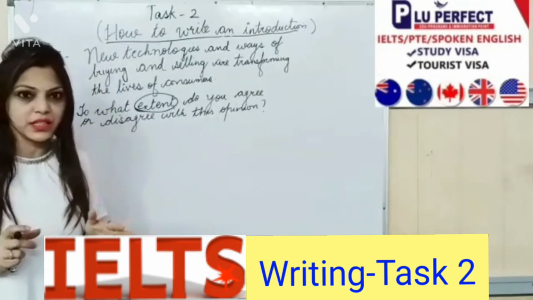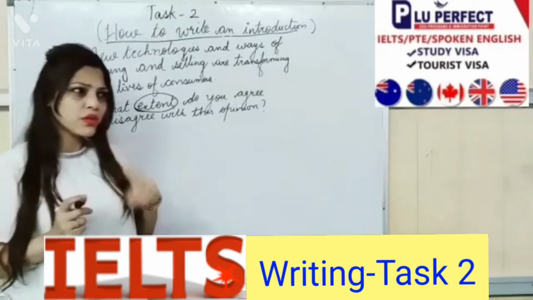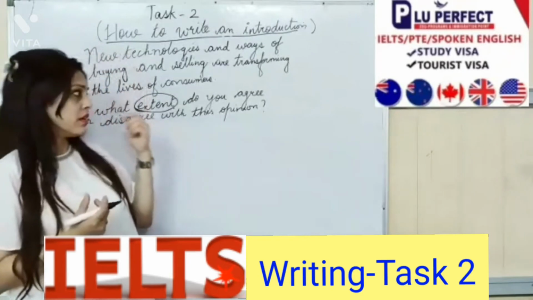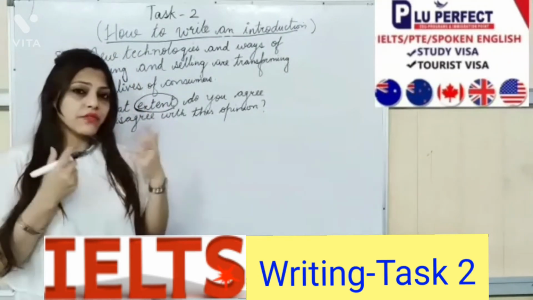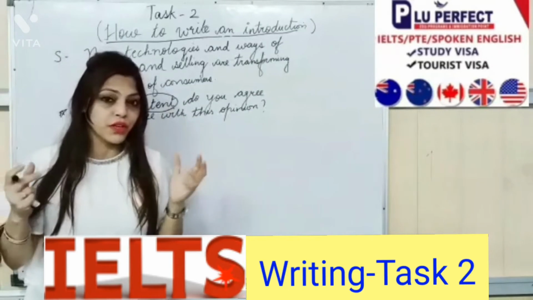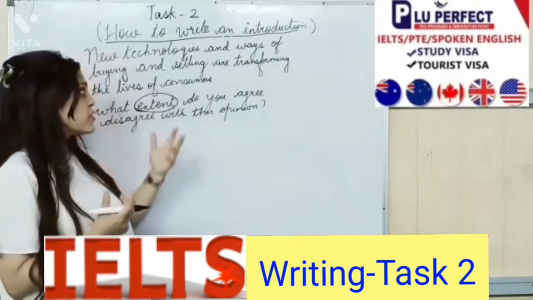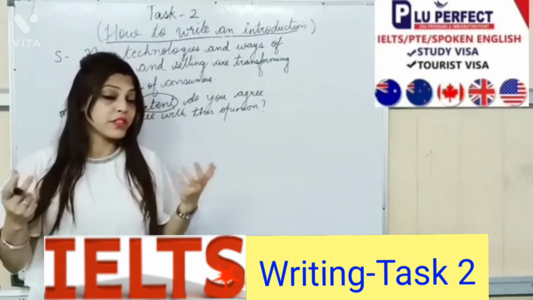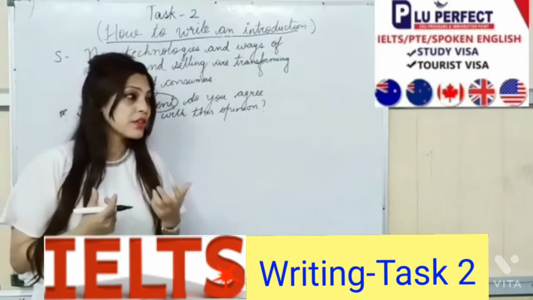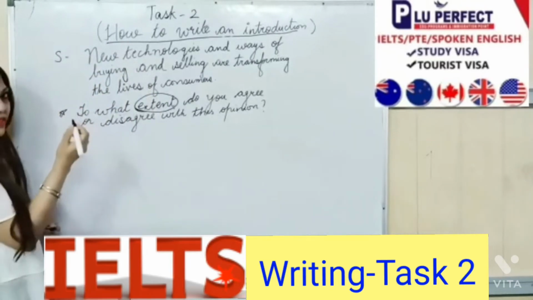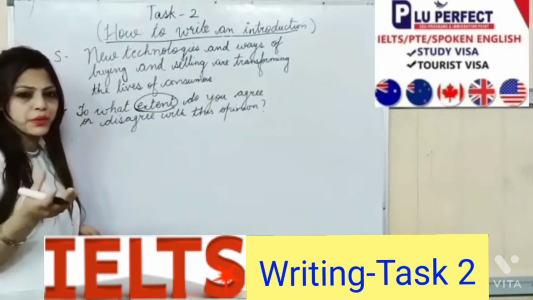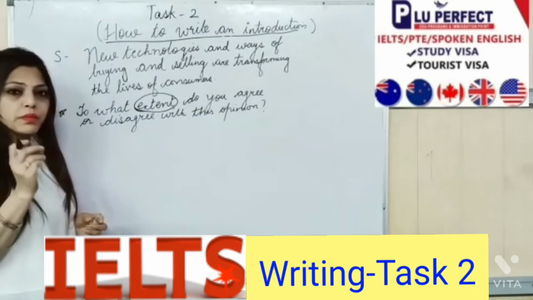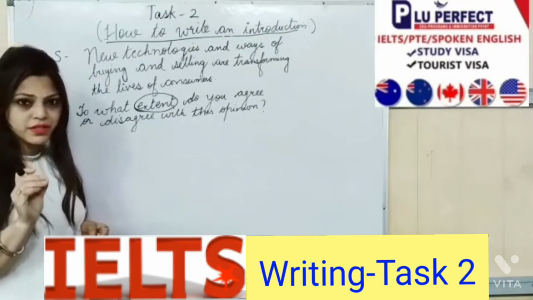Paraphrasing is very, very easy, students. Generally students say that they don't have a lot of synonyms to substitute the words given in the question. You don't have to hunt for lots of words or learn a lot of synonyms. You can just change the form of the word, and you can paraphrase your introduction in an impressive manner. How? Let's try. You just have to do paraphrasing word to word. If you can write something extra, that's okay, but it should be to the point.